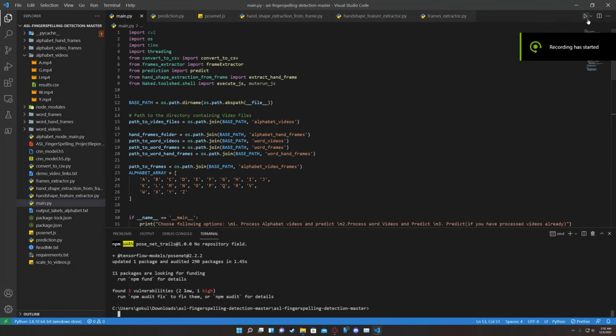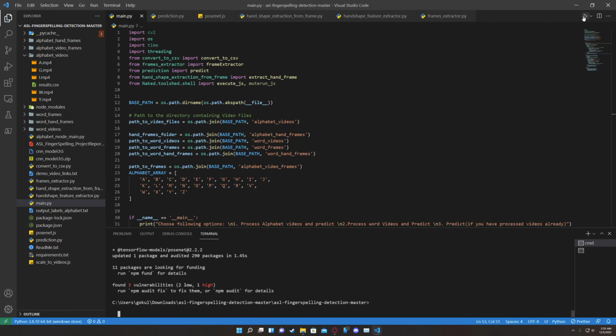Okay, here we are looking at the ASL project, which is an American Sign Language Translator. Let's begin the demo. It detects letters individually or grouped together to form words using pose estimation and palm detection. Let's see the implementation and have a code walkthrough. Okay, let's get started. Run the code.